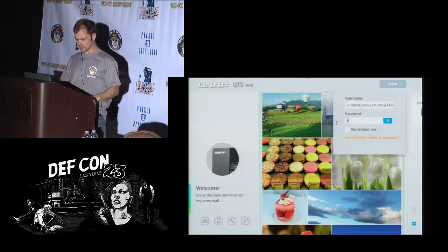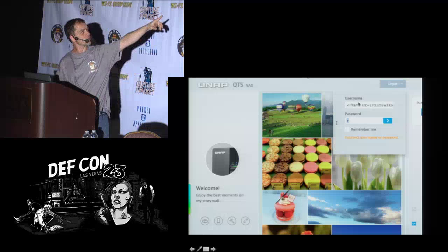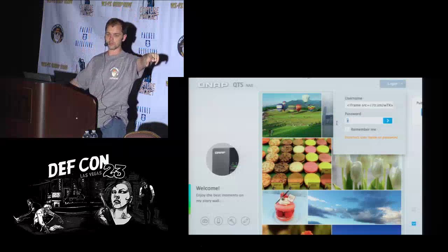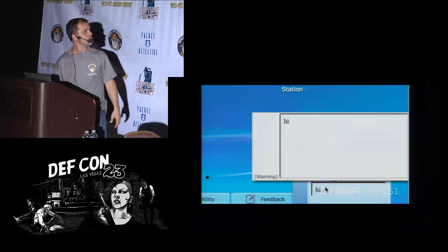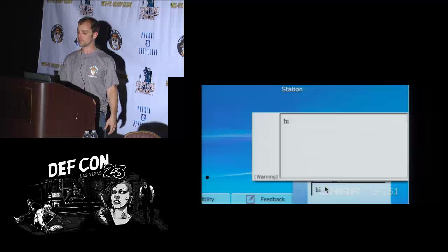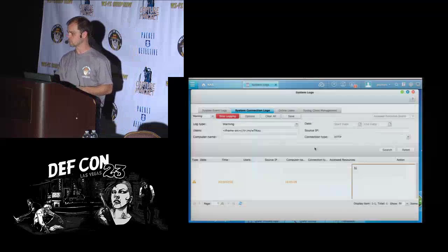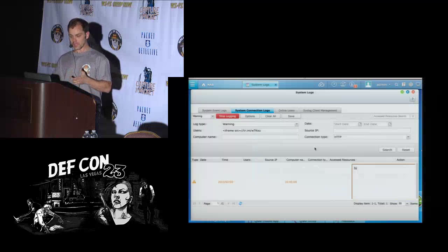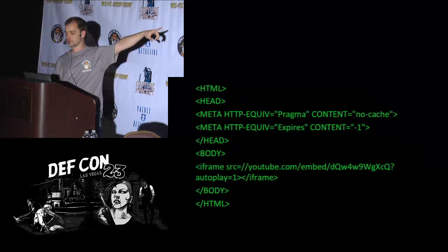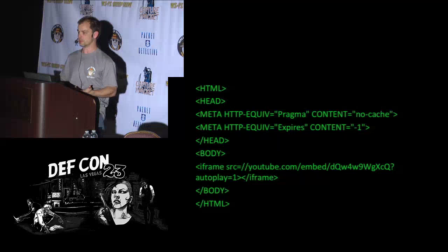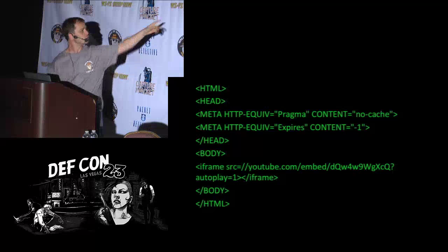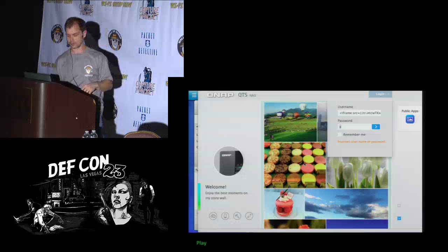When I entered that in, here again I have the iframe pointing to the URL shortener, which is pointing to my website, that little HTML page, and it will pop up the iframe displaying hi. I'm like, oh, so now I have the next step of potentially getting in. If I can display hi and it shows in the system log, what happens if I extend this? What happens if I put my YouTube iframe right here?